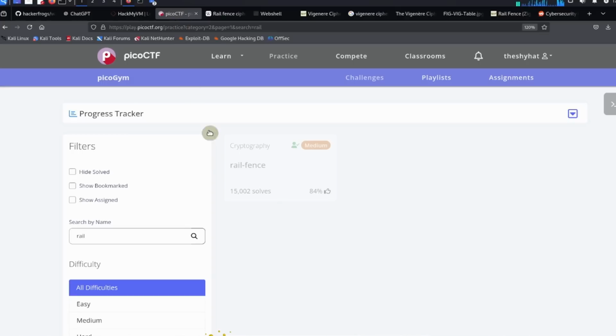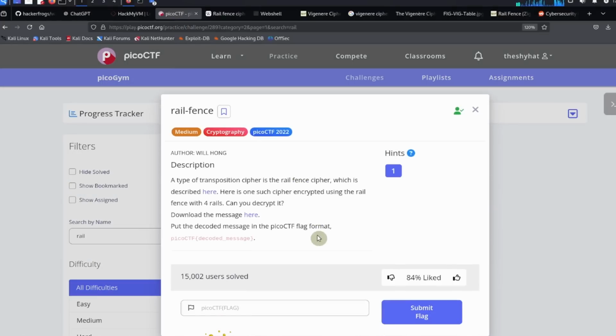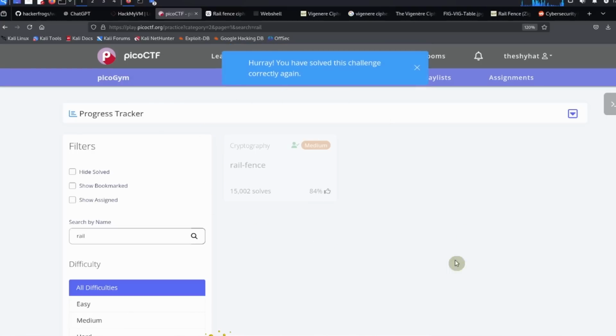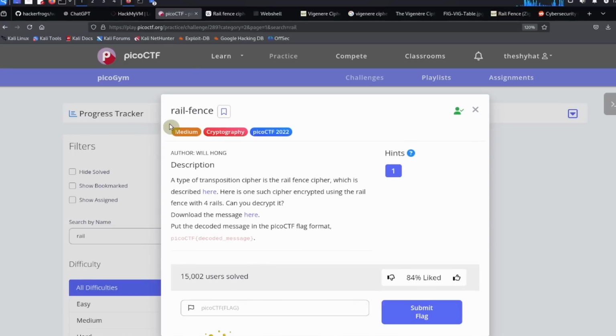then go back to the picoCTF challenge, paste in the flag, and then wrap it with the flag wrapper. So it's picoCTF, and then opening curly brace, and then closing curly brace at the end. Click on submit, and then you're done. All right, so this was a guided walkthrough for the Rail Fence Challenge from the picoCTF